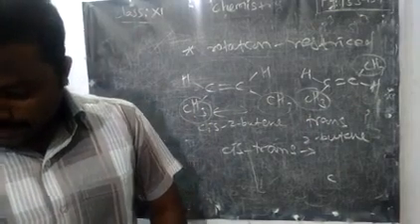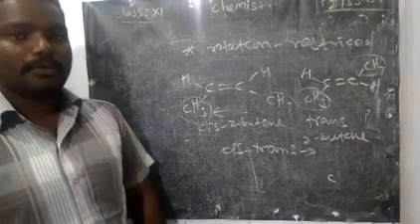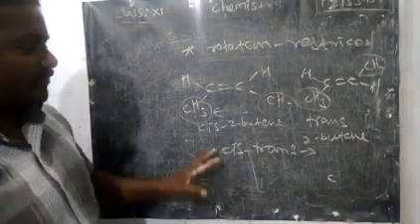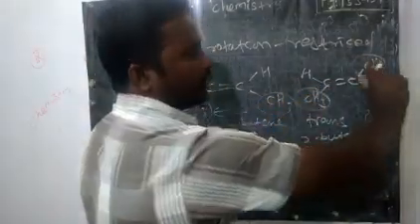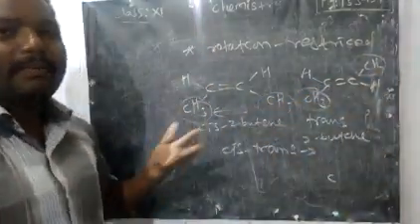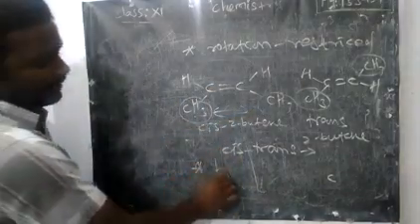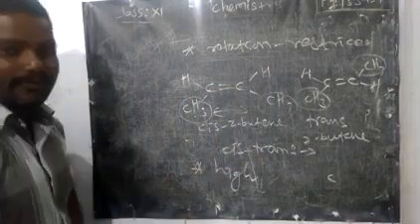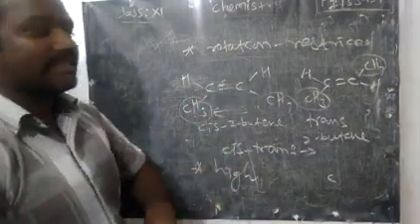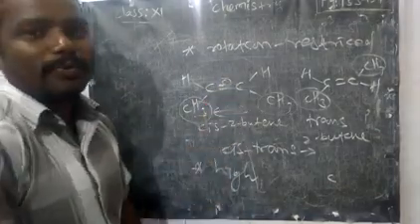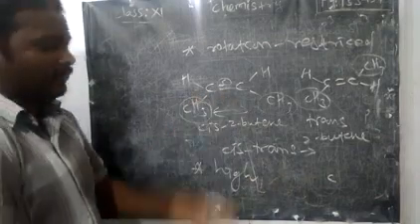Okay. Now you can ask, sir, is it possible to convert one form to another form? How is it formed? The rotation is not possible. If rotation were possible, you could rotate this carbon alone and bring it over. But we already said that rotation is not possible. So we can apply the condition of high heat. If you heat, what will happen? This one pi bond, we have only one pi bond and one sigma bond, the pi bond will undergo breaking. Next it will undergo the rotation. Then on cooling it will reform.